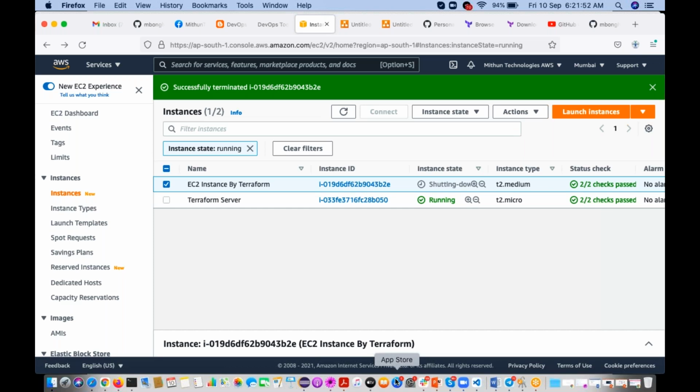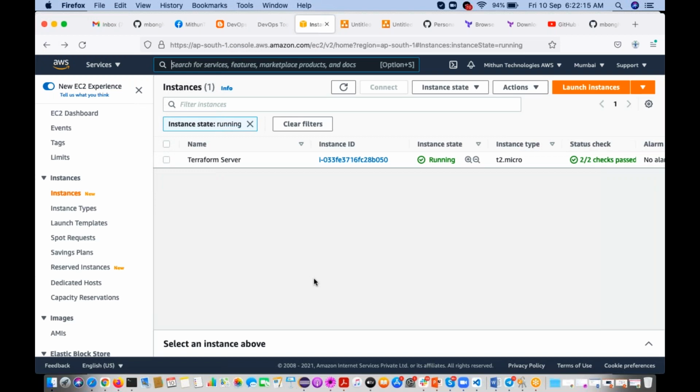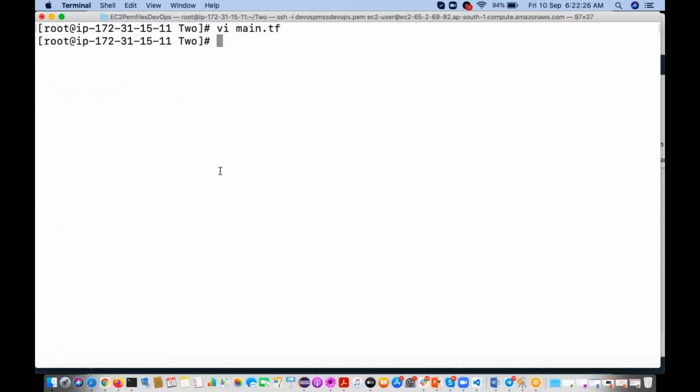Terraform is going to read all the files in the current directory with the .tf extension and identify them automatically. Jitendra is asking how to create two different names. We'll discuss that.